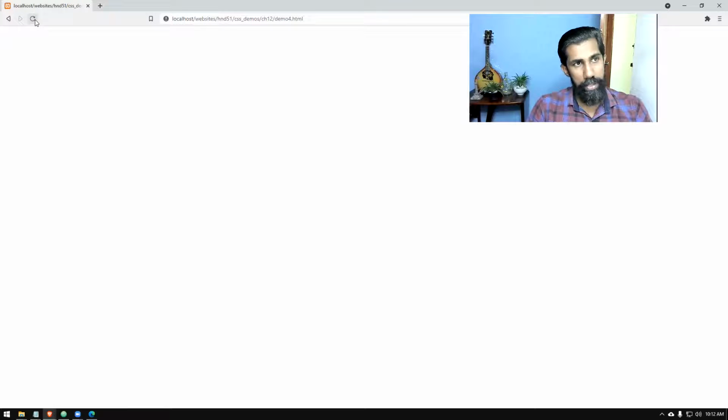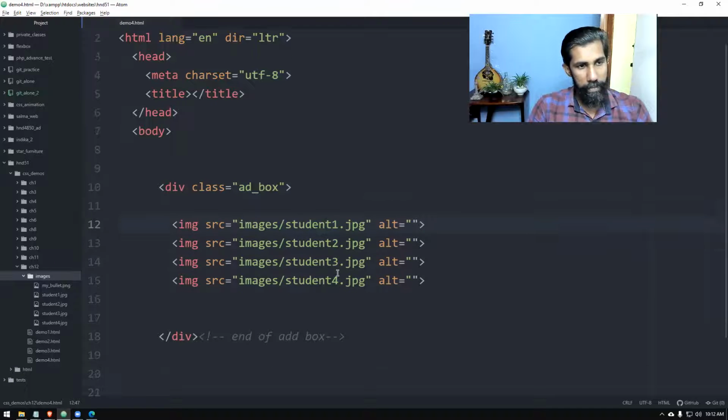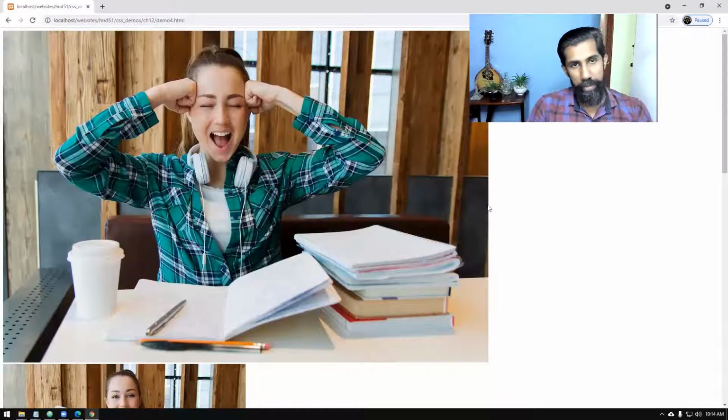Oh, can you see that's coming and going, right? There is something wrong with them. So there was something wrong with my browser. So I started with Google Chrome. It's working fine, right?